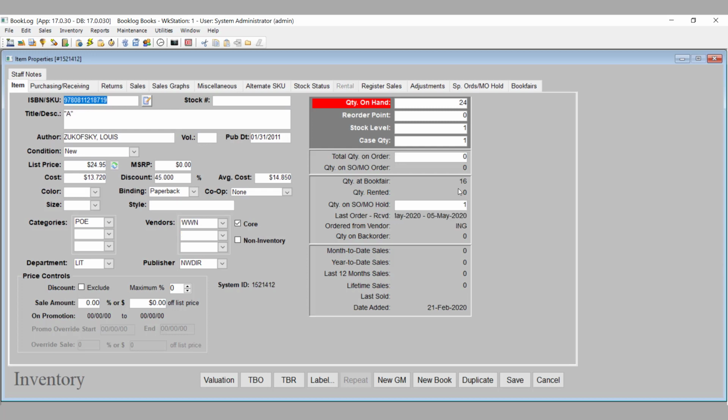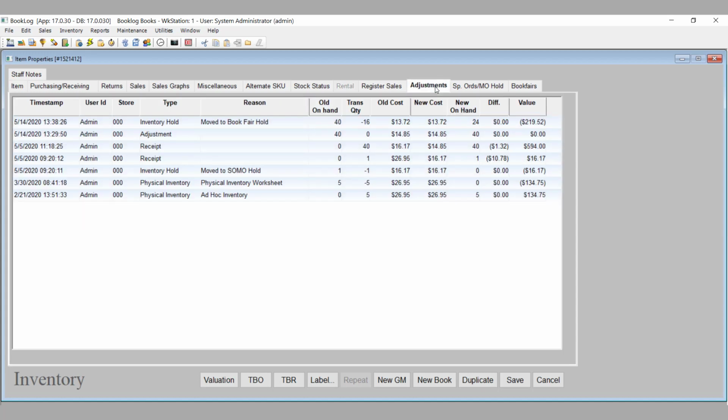Booklog will now log holds as inventory adjustments and post them in the Adjustments tab. These holds only get logged if the adjustment actually affected existing quantity on hand. For instance, if an item gets checked out for a book fair, or if you run allocate stock to orders to pull items from your inventory to fill open special or mail orders, then that change will show up in the Adjustments tab. If you put an item on hold that isn't in stock, you won't see that change in